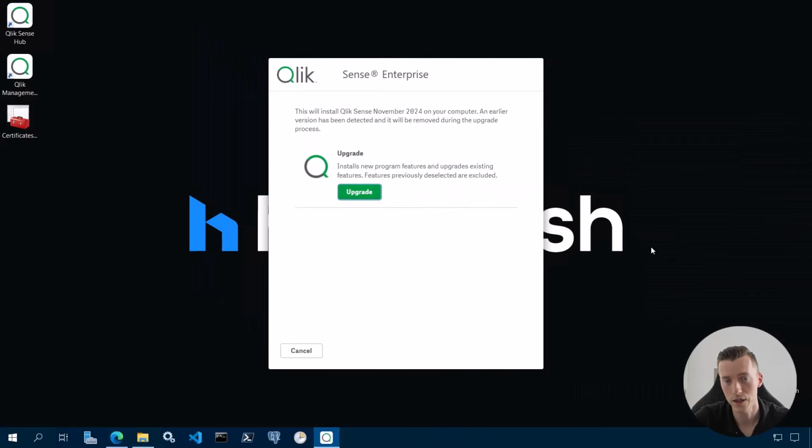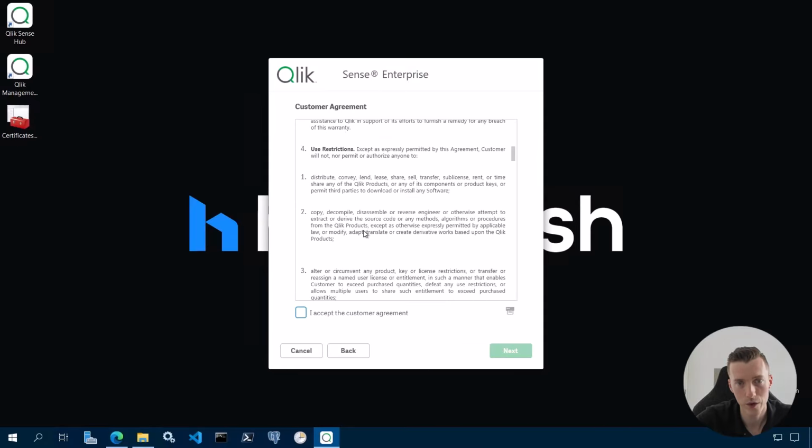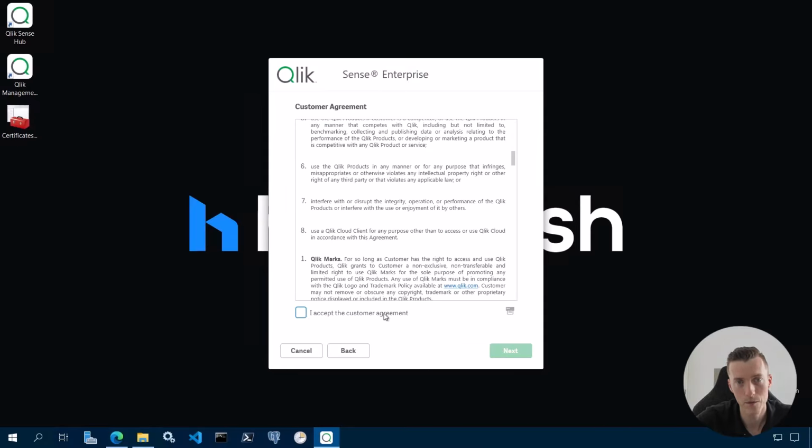Now, if you're using a newer version of PostgreSQL, like I do, I have version 16 installed, you'll just see this upgrade screen. So go ahead and click the upgrade button here. The next step is to read through and accept the customer agreement. So go ahead and read through the agreement, or just click I accept the customer agreement if you do,